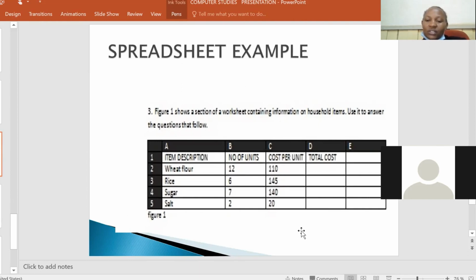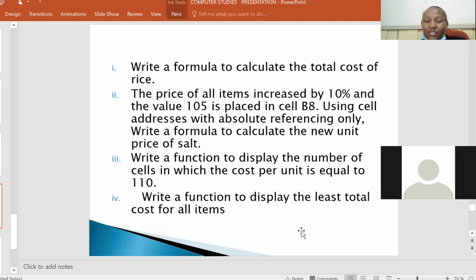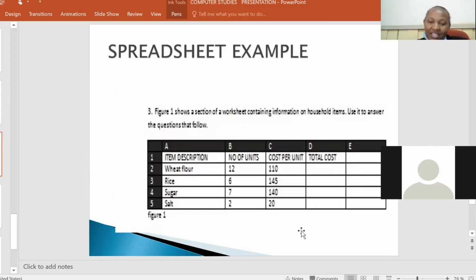How do you get the total cost? Know that the total cost is the number of units multiplied by the cost per unit. So the number of units for rice is in cell B3, and the cost per unit of rice is in cell C3. The question is to write a formula. In this case, you can have a formula or you can have a function, because a function is also a formula. So you can write, for example,